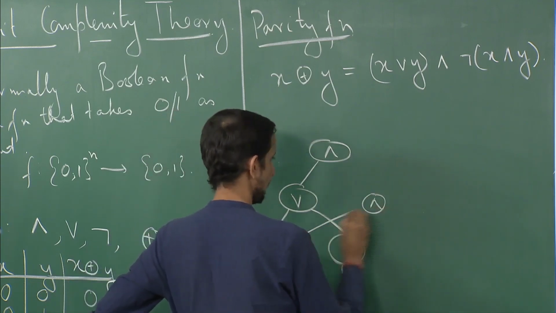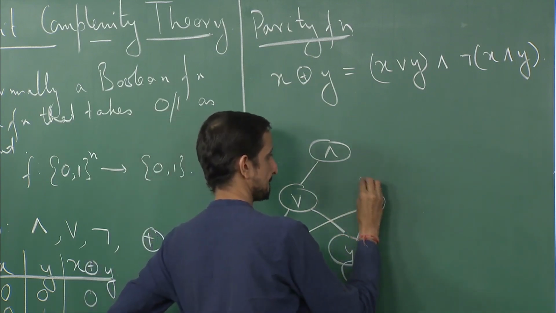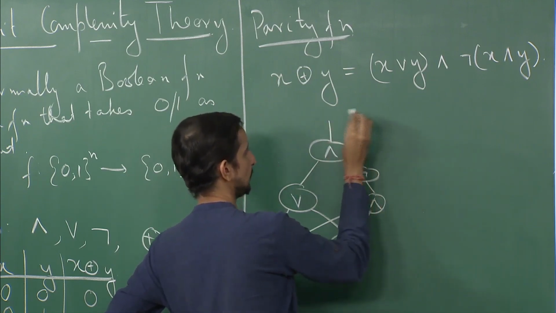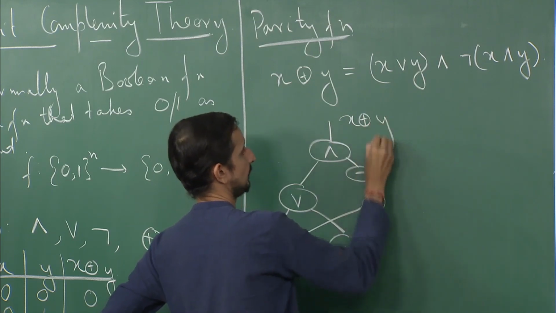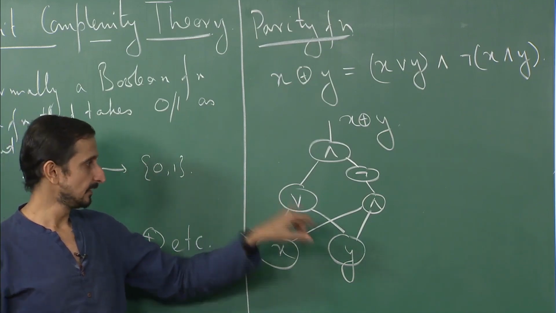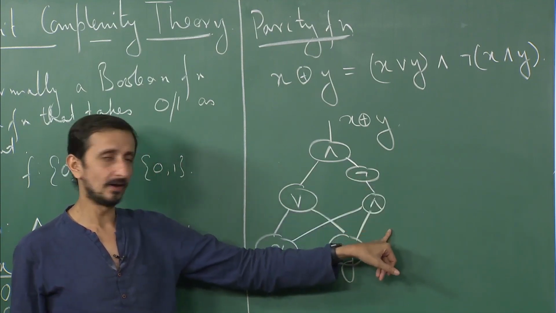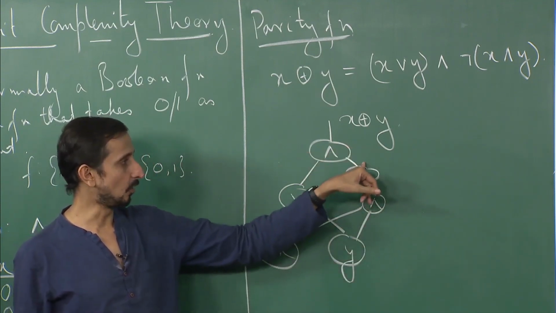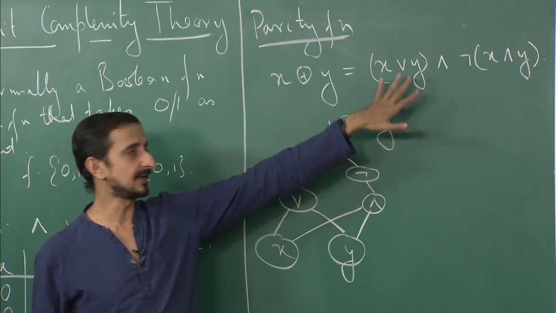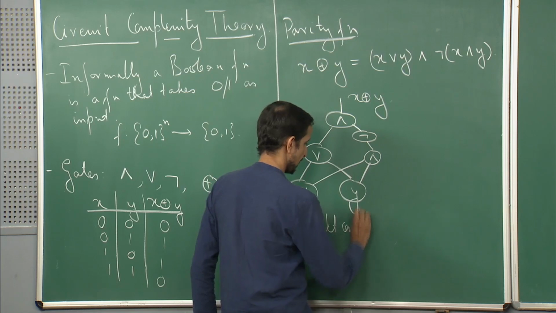I have an AND gate that is also taking x and y as input. I have a NOT gate, and then this is producing x parity y for us. So this is producing x or y, this is producing x and y. Now this is giving us NOT of x and y, and then finally we have an AND of NOT of x and y together with x or y, exactly what we defined over here. Okay, so this is a circuit